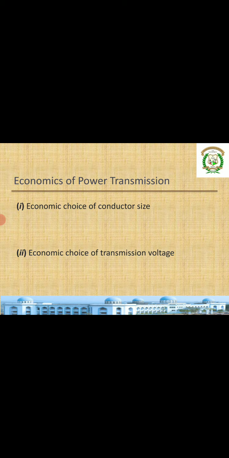Obviously a conductor has a cost, whether it is copper or aluminium. The size you are using is one important factor. If you use a bigger conductor, obviously you need to spend more. The performance will be good, but the cost is more. If you go for a small conductor, the cost is less, but performance-wise it may give more losses to the system. To handle this, you should go for a reliable conductor size. That is what economic means, not cheaper. There is a difference between cheaper and economic. Cheaper means what?